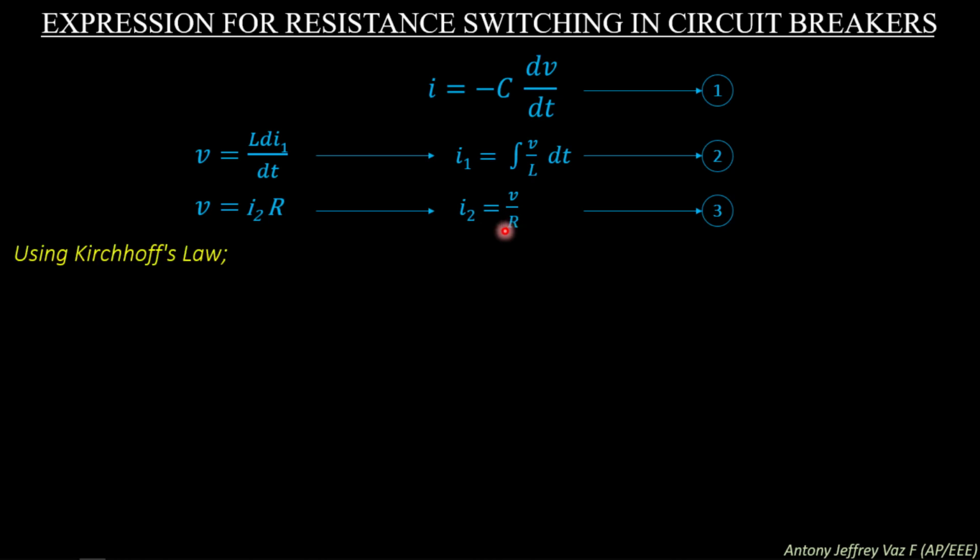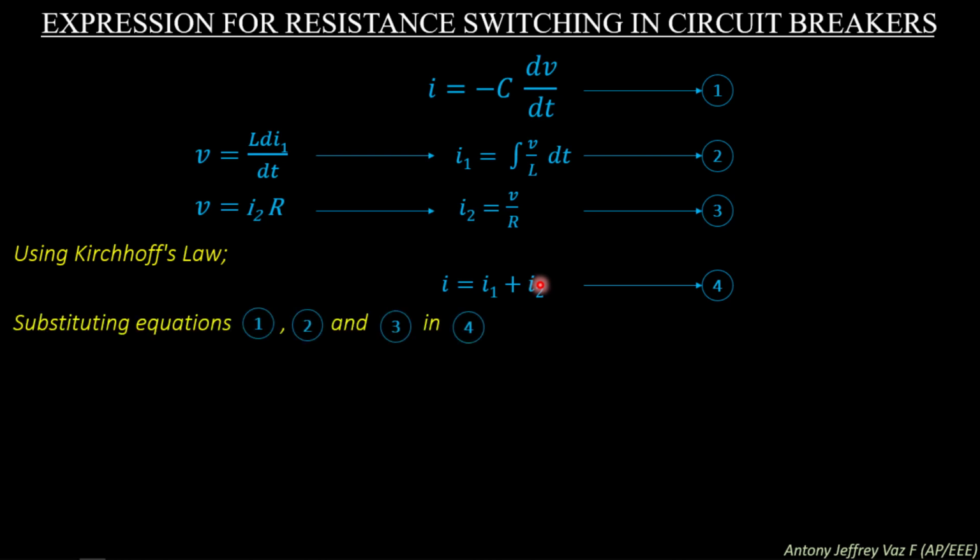So, by using Kirchhoff's law, we can say the total current produced by the generator I will be equal to I1 plus I2. Here I1 is the current flowing through the inductor and I2 is the current flowing through the resistor. Substituting equations 1, 2 and 3 in equation 4, we get